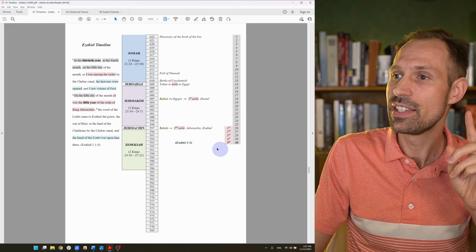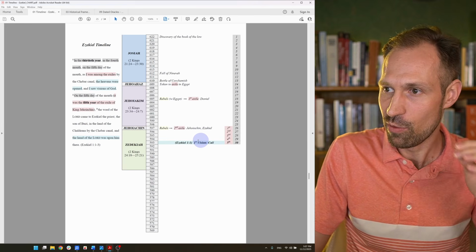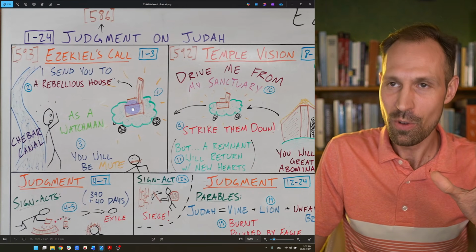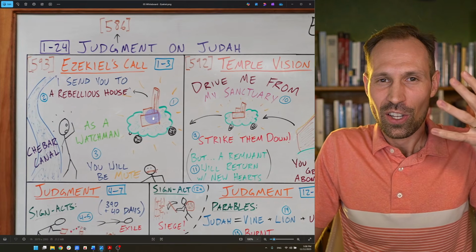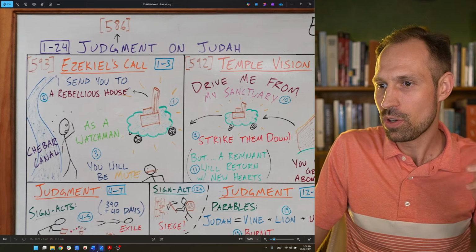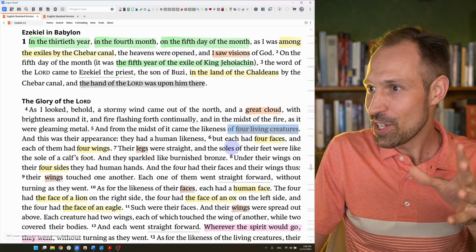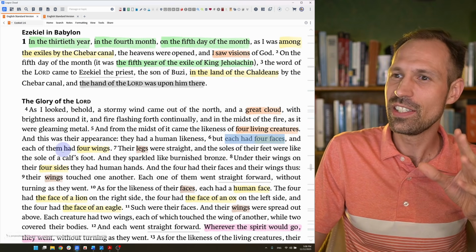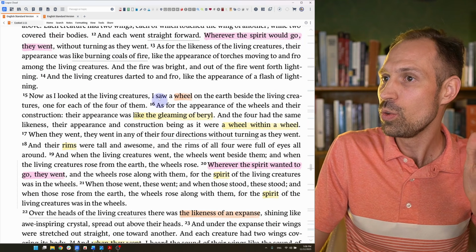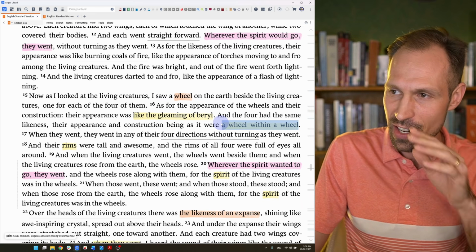The first time is here in Ezekiel chapter 1 with his call narrative, where he sees God's mobile glory throne chariot. And this throne chariot is going to be pulled not by horses, but by 4 living creatures. And these living creatures each had 4 faces and 4 wings, and each of them had their own wheel. And these are crazy wheels. We got wheels inside of wheels.